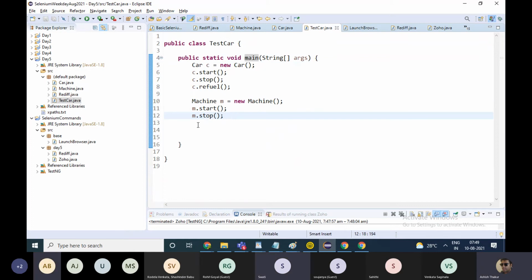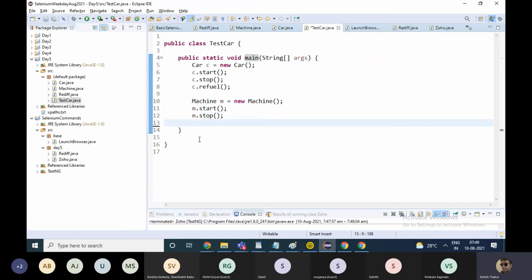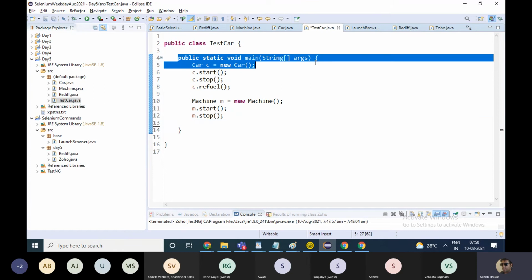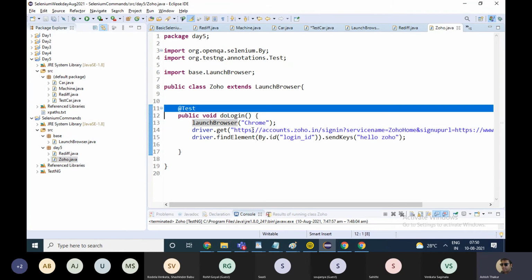Generally, when we write Selenium code, we don't use the main function. This is just for Java. When we write Selenium code, what we use is testng. We use @test. We build test cases, and that's what I'm going to use from now onwards. I'm going to use these testng @test annotations, which get automatically executed. I hope everybody has installed testng.